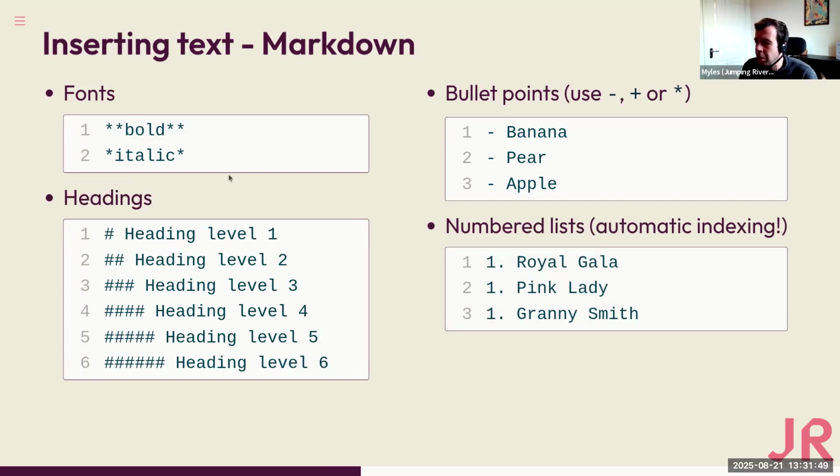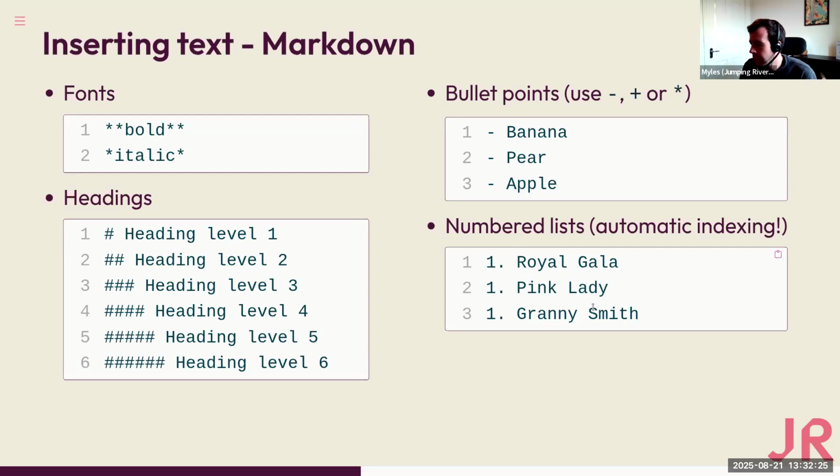I'll not spend too long on Markdown, but essentially Markdown is just a sort of plain text language, which allows you to essentially create very basic Word documents. So you can have bold text using a double asterisk, you can have italics, you can include headings, and the more hashes that you prefix the heading with, the lower down that heading is going to be. So this would be like your overall title, then you might have a chapter, then you've got your heading, subheading, subheading, and so on. Bullet points can be inserted using hyphens.